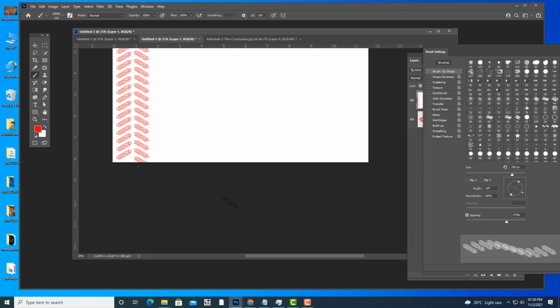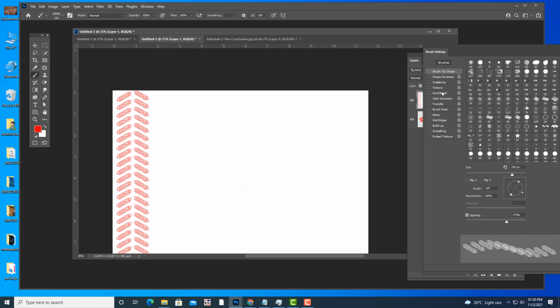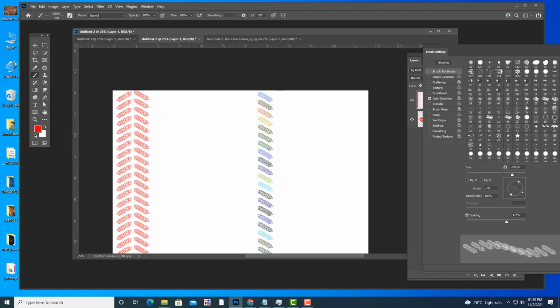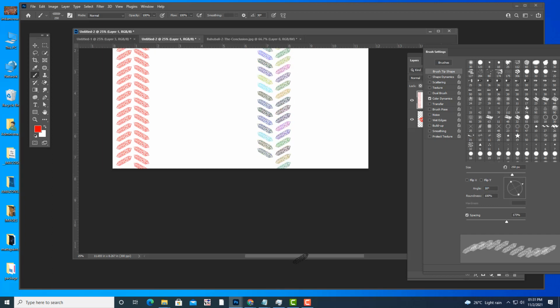and see, we can also combine it with this color dynamics. So everybody remember what is color dynamics? See, you are getting some different colors. Okay, just you can change the angle. See,